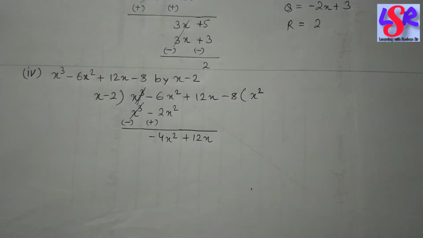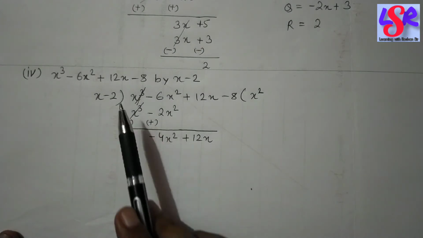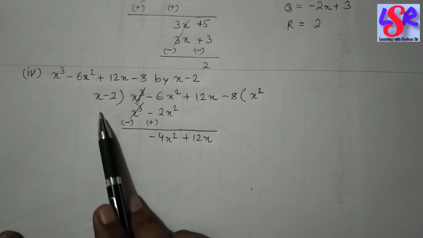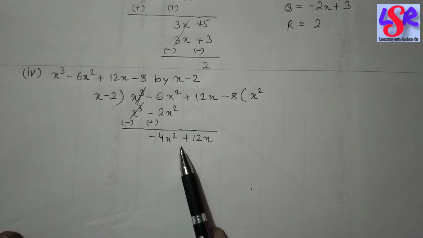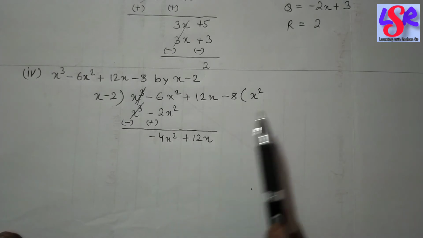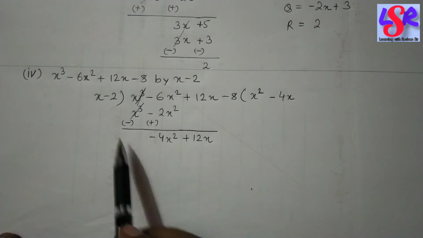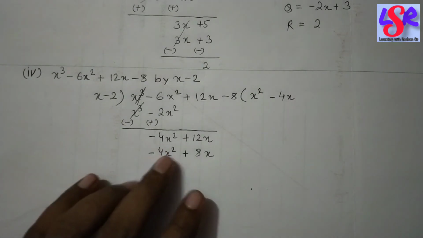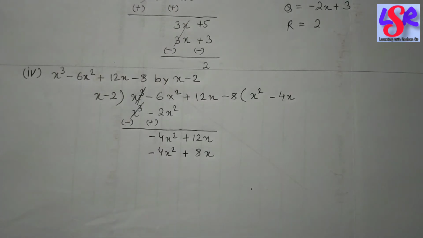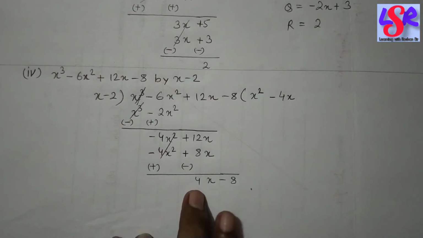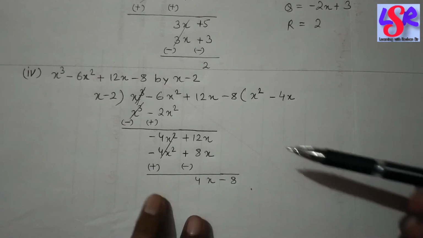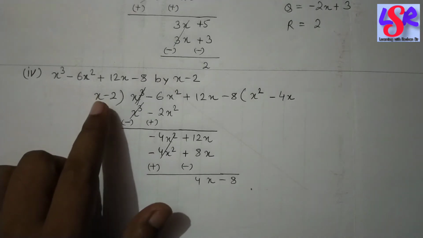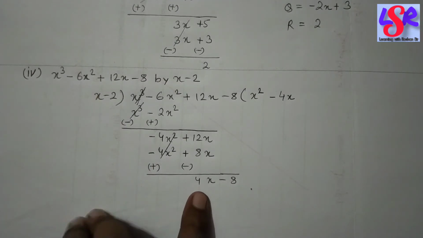And on subtracting we get minus 4x square as these two are cancelled out. Then we have copied plus 12 over here. Now we'll see what we multiply in x to get minus 4x square, and the result is minus 4x. Now we'll be multiplying x and minus 2 both by minus 4x. After this we'll change the sign of these two terms and then subtract it. And here we get 4x from these two as they are cancelled out, and minus 8 from here. Now we multiply x by 4 to get 4x.